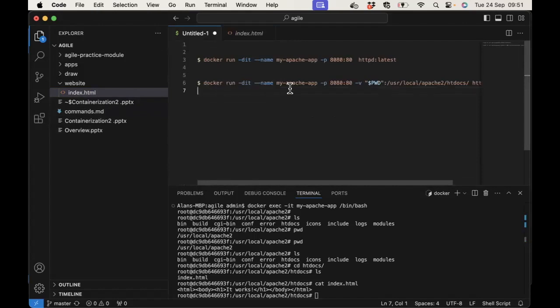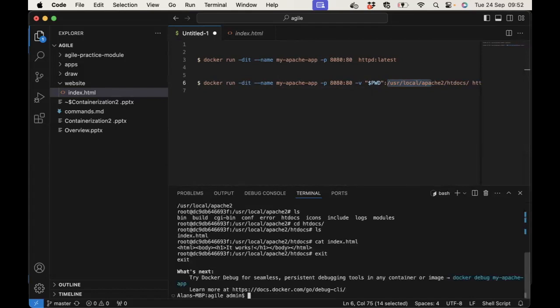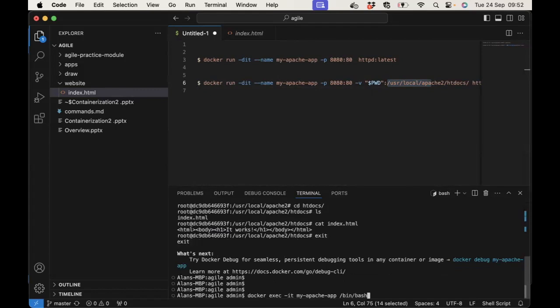If I go back to the command that I copied from Docker Hub, it's the -v option, and what you specify here is the path name within your host machine that contains the files that you want bound to the container, followed by the path name within the container that you want them bound to. So yet again, I'll leave the container running. I'm going to start a second container. First of all, I'm going to exit out of this one. And if I start a second container,